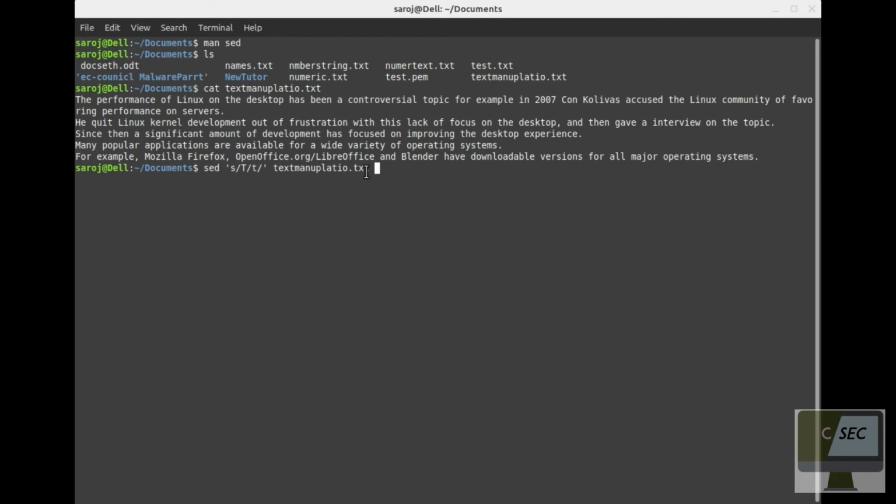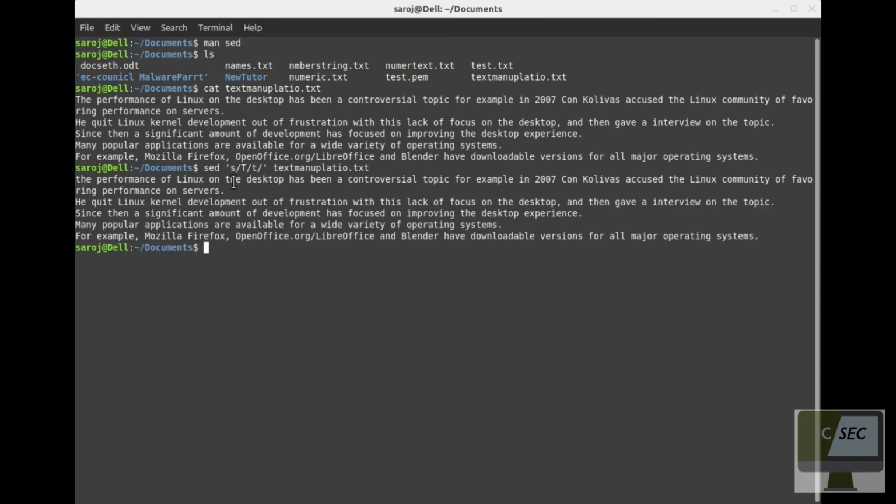If I hit enter, you can see on my screen the first capital letter T is substituted by the small letter t, but there are also capital letter Ts after it that haven't been affected by this command.